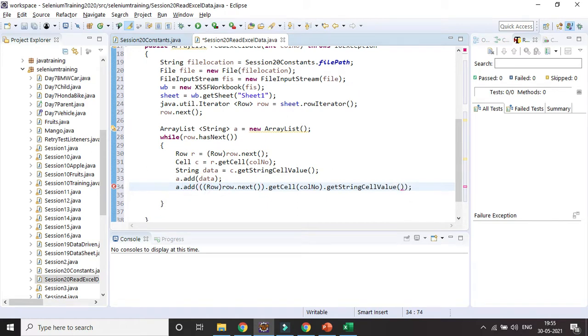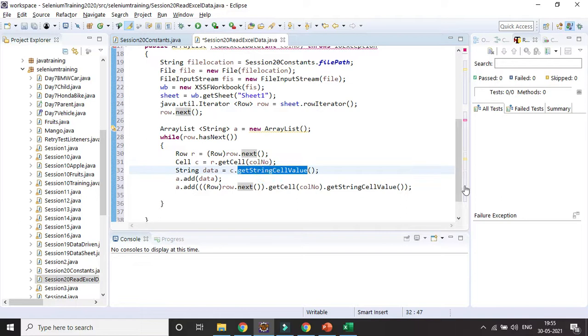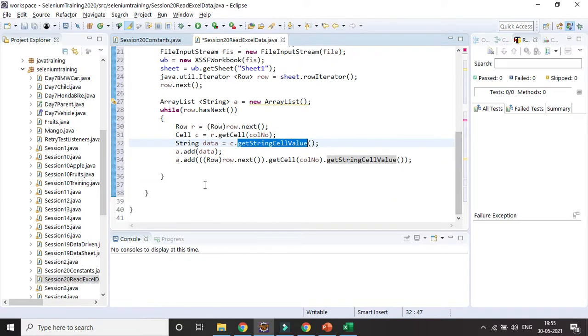Okay, I think the error message is gone. So we are adding the data, but we are also concatenating everything. First row reading, then cell reading, and then getting the value of the cell. So this is some common thing we need to remember. Then I close the bracket.